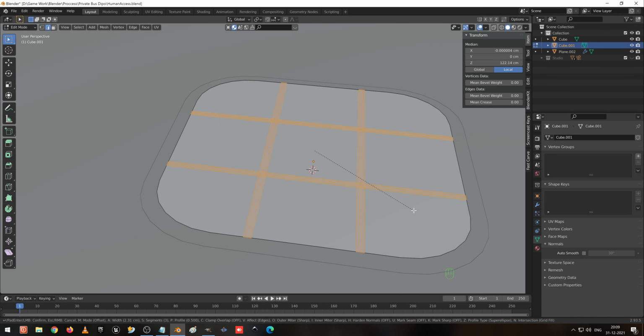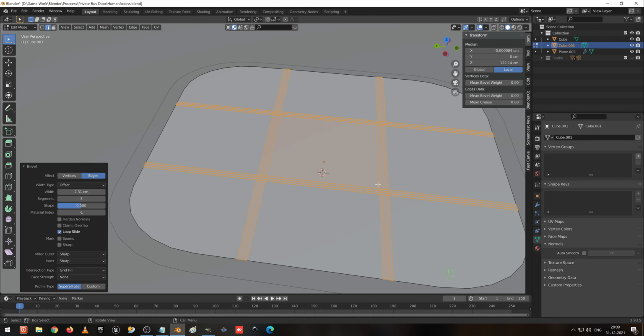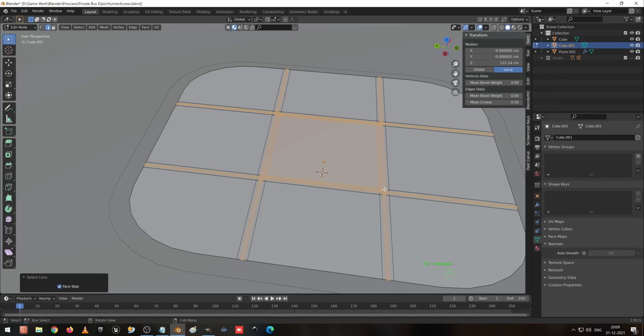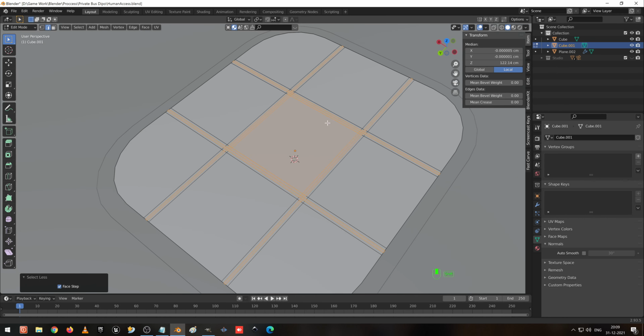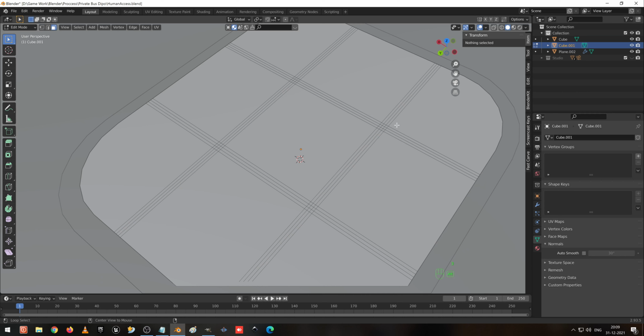I create two edge loops in between and I select it. I press Ctrl minus, but it's not selected well, right? Because what we need is this line. Press 3 on the keyboard and select these faces, sorry, this one and this one.